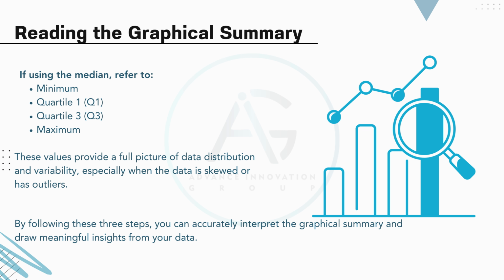This is especially helpful when dealing with skewed datasets or when outliers are present, as they highlight how spread out the data is and where most of it lies. By following these 3 key steps, checking for normality, determining the appropriate measure of central tendency, and choosing the right variation metric, you can confidently interpret a graphical summary and draw meaningful insights from your data. This structured approach ensures that the analysis remains accurate and that any decisions made based on this data are well